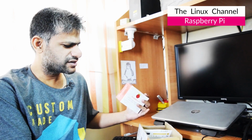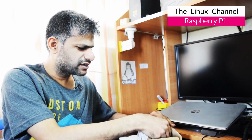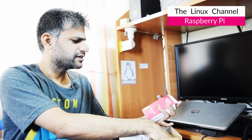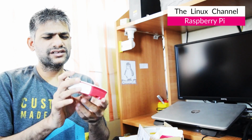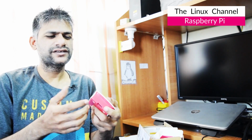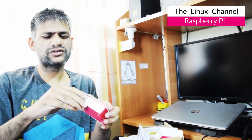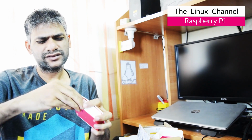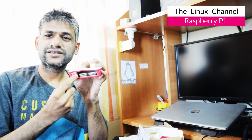So after I received the same, I got the Pi itself in this box. You can see here it's a Raspberry Pi 3 model B plus, and this official case as well. The interesting thing about this case is it is built with a good high quality plastic, and also you get this kind of accessible ports. Okay, so you can pull this plastic tabs and something like this, and then you can access its GPIO pins,